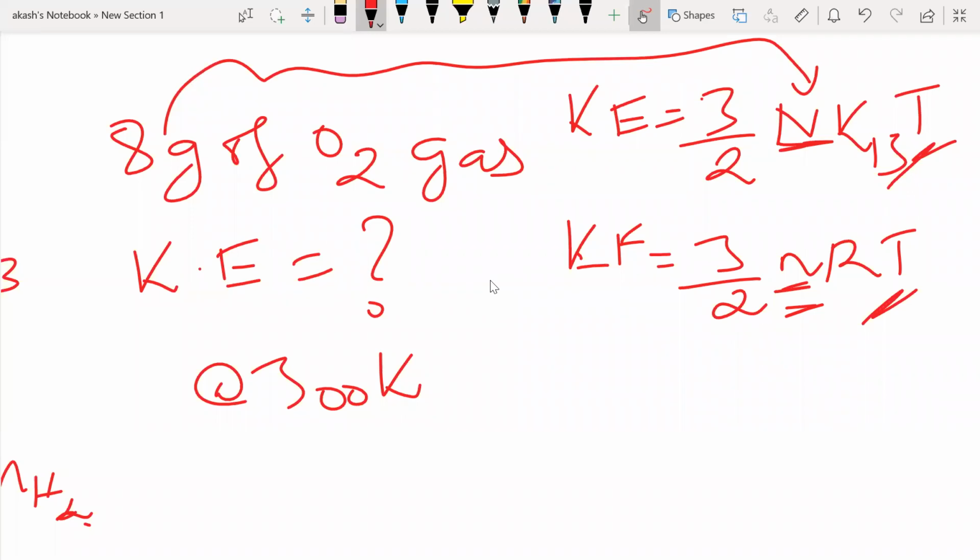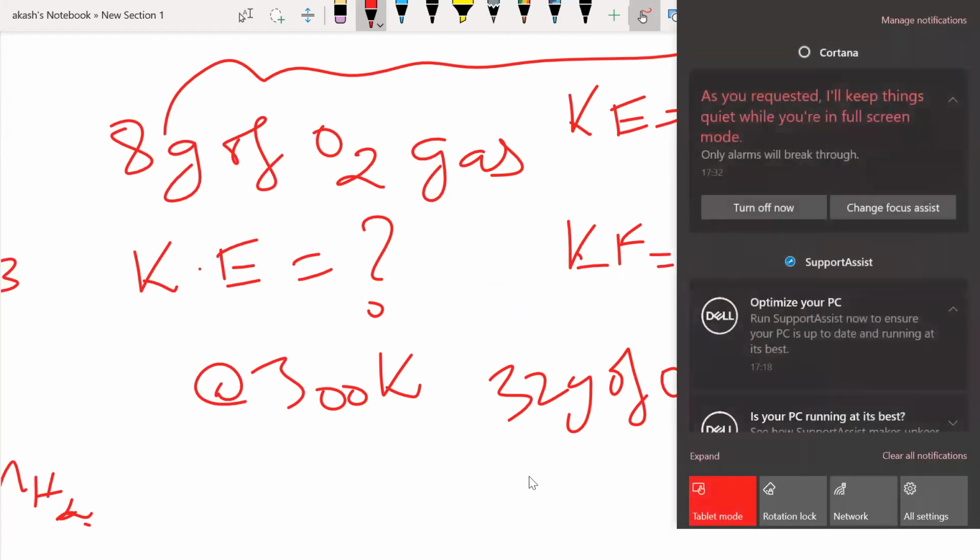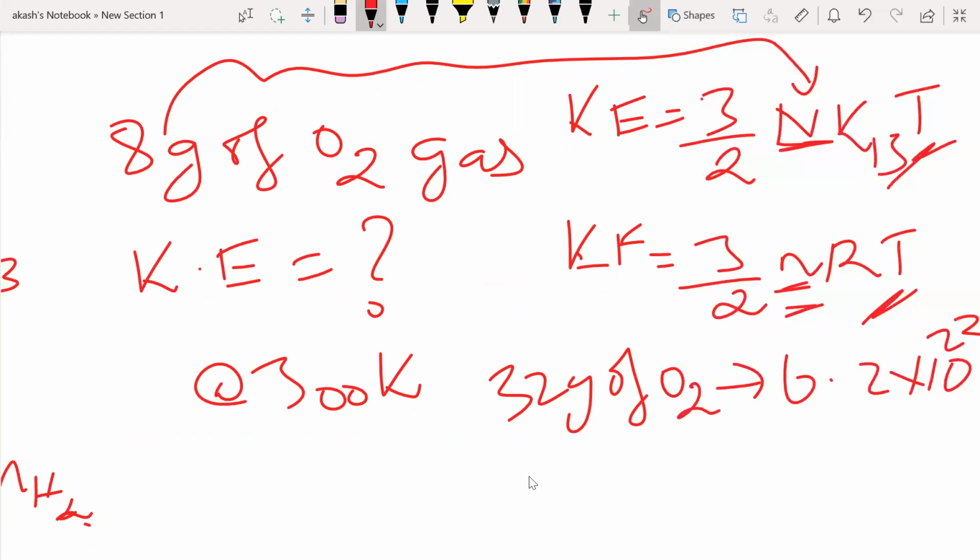You can calculate the number of moles again, or I can say 32 grams of O2 will have 6.023 into 10 to the power 23 molecules of O2. I can do that anyways, but this will be an easy formula to use. KE is equal to 3 by 2 nRT. You can calculate the number of moles. R value should be